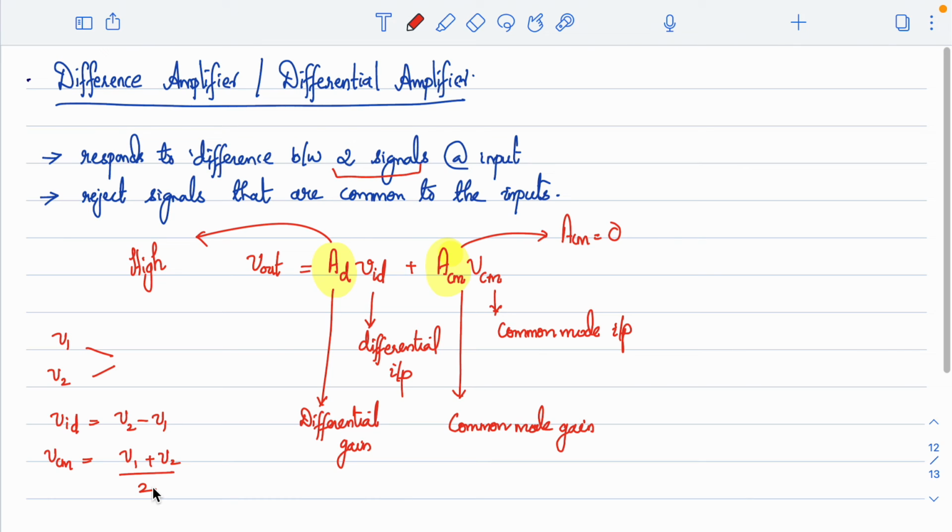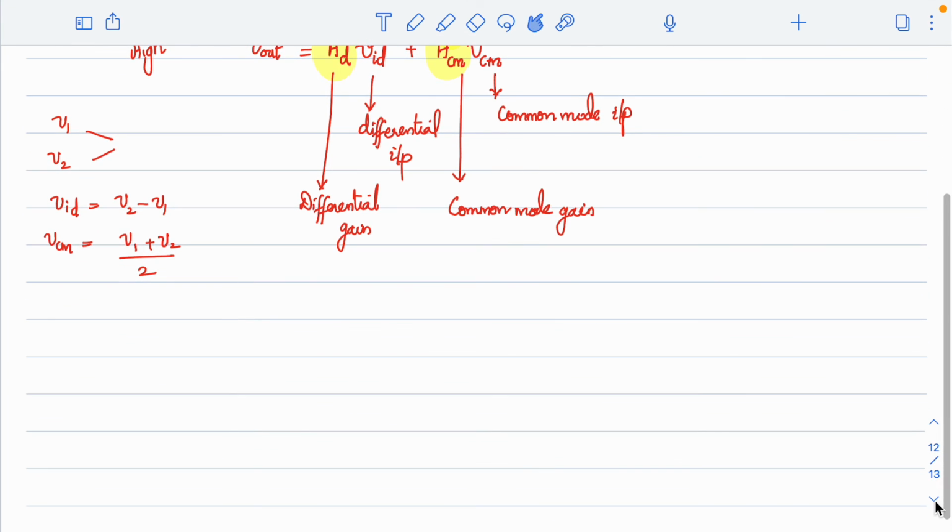Is this part clear? A differential amplifier is an amplifier which should respond to a difference input and should reject the common signal, right? So with that, let us quickly look at one simple example where it involves the calculation of the differential and common mode signals, right? The question is this: